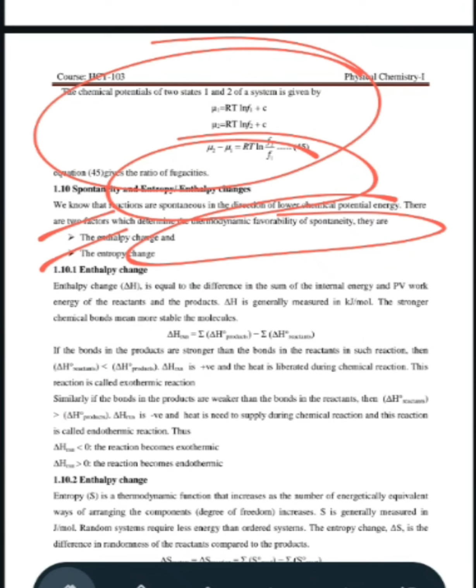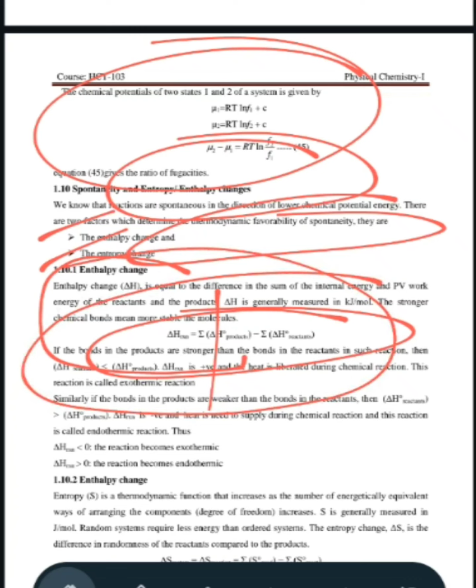So enthalpy change, whatever the enthalpy changing within it, can be denoted by delta H. Delta H reaction is equal to the summation of delta H naught of products minus delta H naught of reactants. So whatever it is, with respect to temperature,